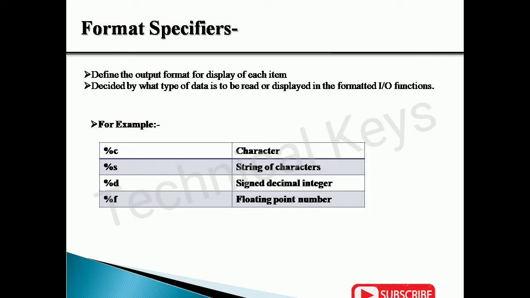Means if I use %d in my program, I am telling the compiler that I want to use integer data type data. Means in my programming, I am going to use the int data type. Similarly, if I want to use characters or floats, there are certain format specifiers that we have to follow. So %c is for character, %s is for string of characters. String means group of characters. This we are going to see.